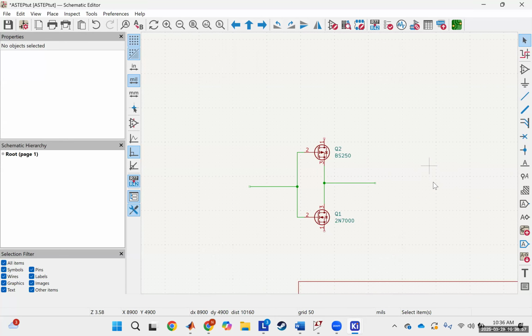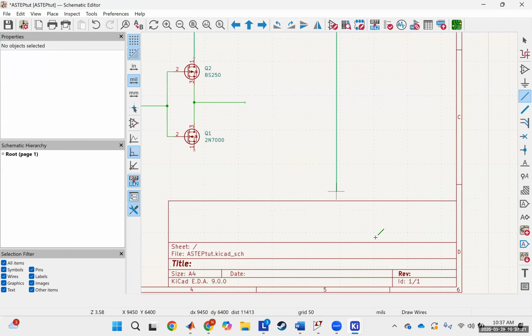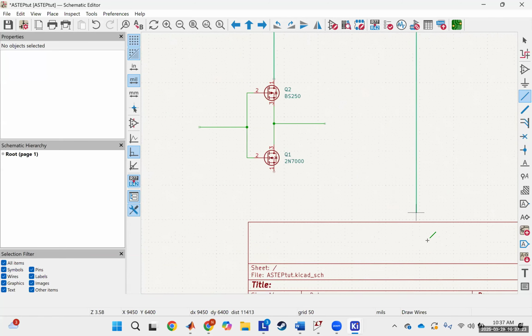So next, let's add our supplies. You'll want to click the top dot on your transistor here. Bring it up a bit to give yourself some room. Draw over. You want to click here up in the top corner. Then you want to come down. Also, if you right click, you can move around your schematic like this. If you hold down right click,